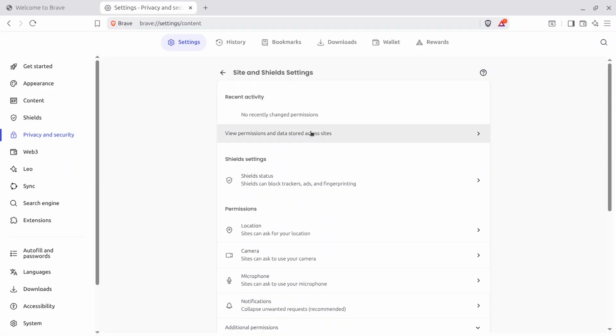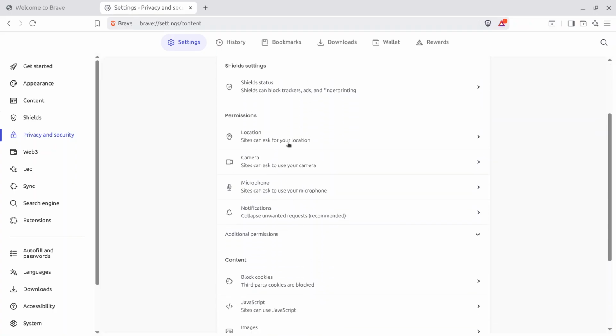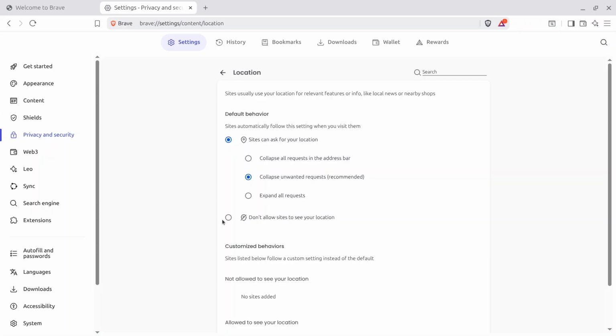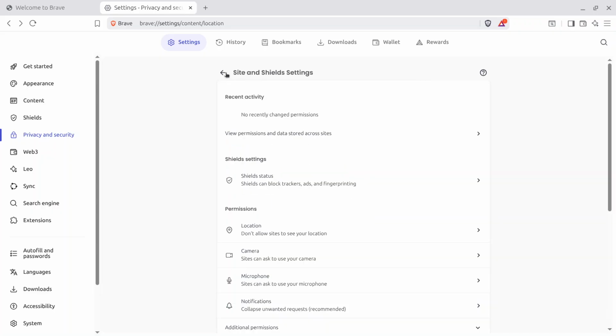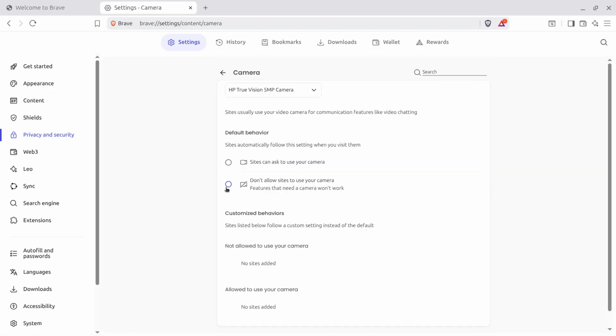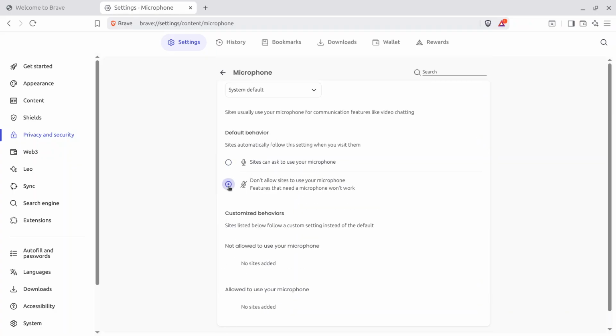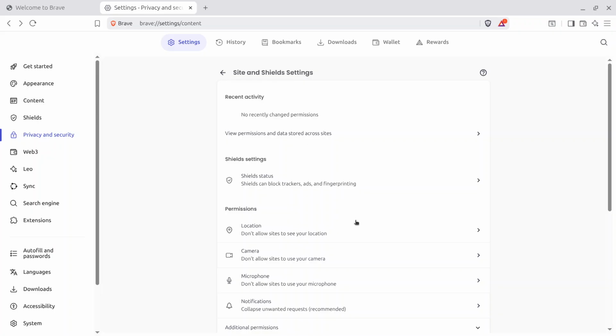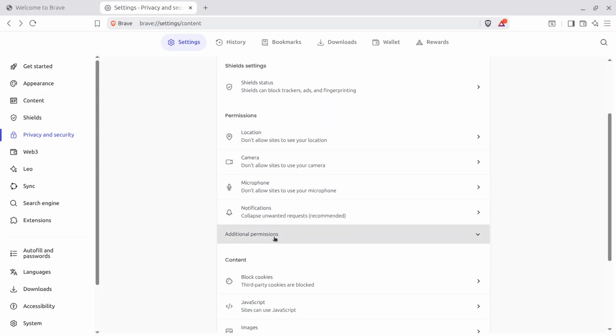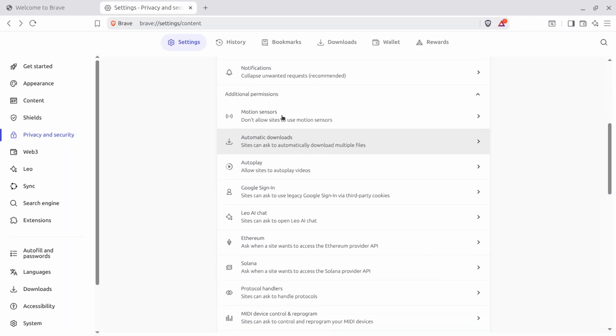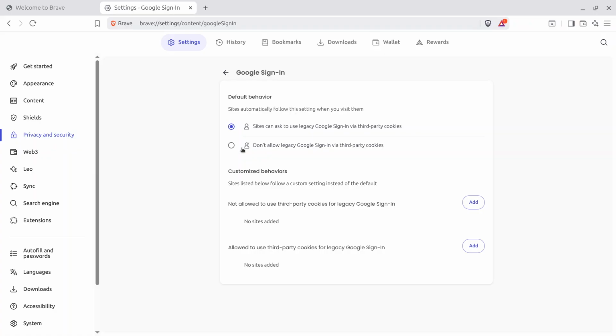and next we're going to go through our permissions. So for location, set to do not allow sites to see your location, and we'll do the same thing for camera and for microphone, and we're going to click additional permissions. Motion sensors, we want to verify that it says don't allow sites to use motion sensors, so we're good there. For Google sign in, we want to set this to don't allow,